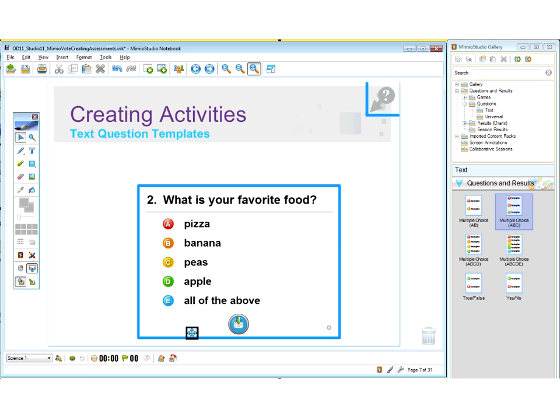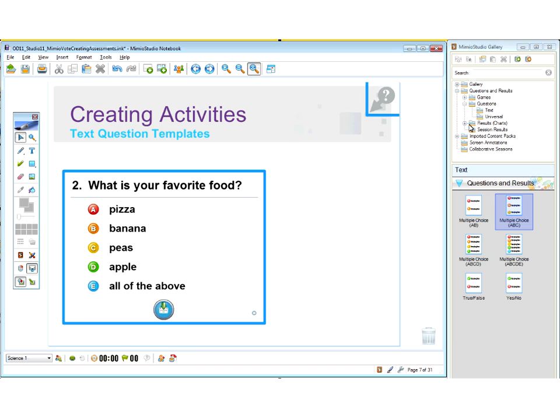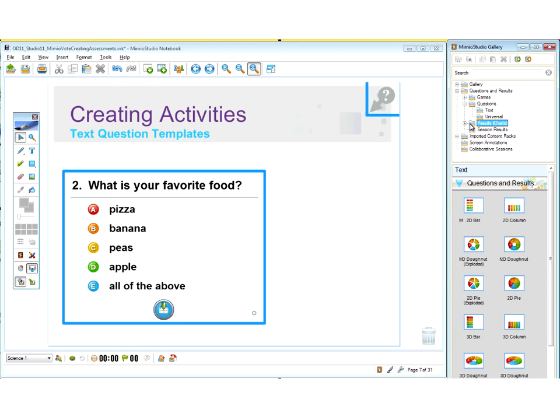I can check results here and all that. So tell you what, let's also demonstrate the fact that we can add a results chart. So maybe on this particular question, I can add a results chart. So I click on the results chart folder. You'll see I have a variety of options. It really doesn't matter what you choose, because just like the question editing feature, you can change these at any